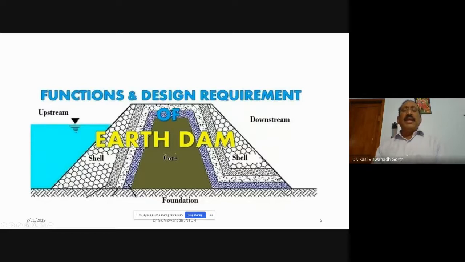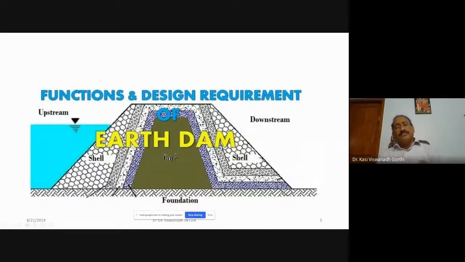It will be constructed with the locally available earthen material, so it will be economical as compared to the gravity dam. It will be economical because you are not using any costly material. You will be using only the surrounding area. What is the good earthen material available? You identify, carry out the tests for the strength, etc., and then take it, use it and compact it in the form of layers. Earth can be formed. Appearing to be so simple, there are certain added challenges also for an earth dam.